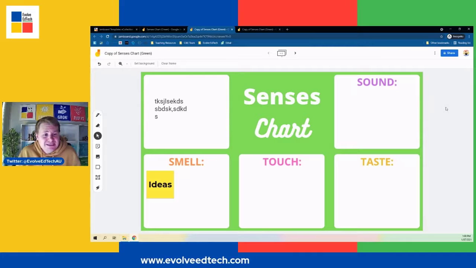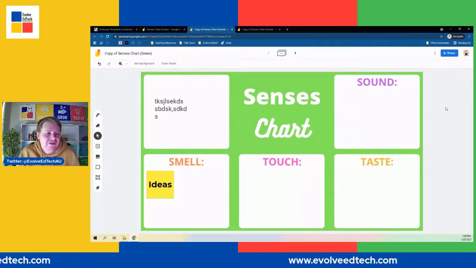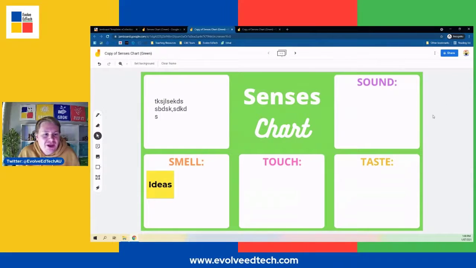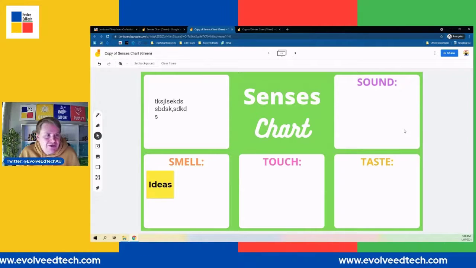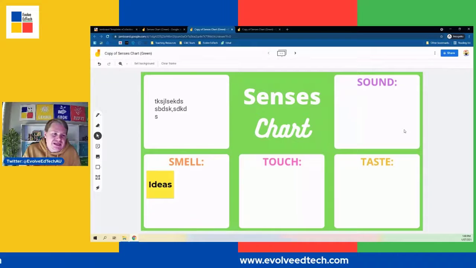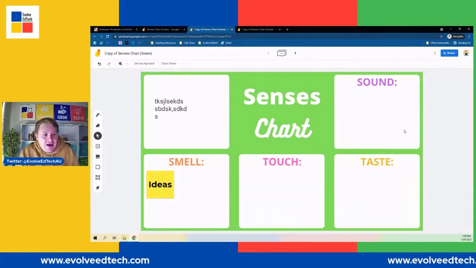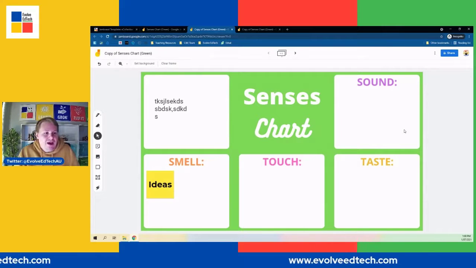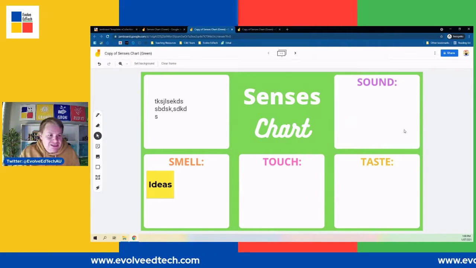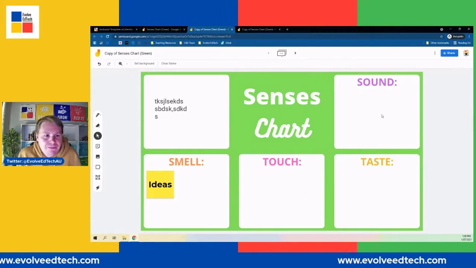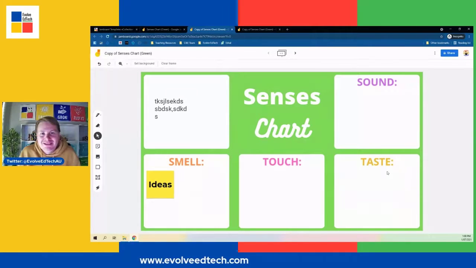So that is the sensory chart. It's really cool. It's really simple, but it gets the kids thinking. I've discovered that sometimes you might find that you have more ideas in one particular sense than another, but that's really cool because that provides you with a teaching opportunity to go and say, what about this? Or what about this? And then get the students to think about those senses and what they can connect from the stimulus, from the text, the story, to those senses and what we could come up with. So that is the sensory chart from Evolve EdTech, one of our 20 Jamboard templates that are available for you